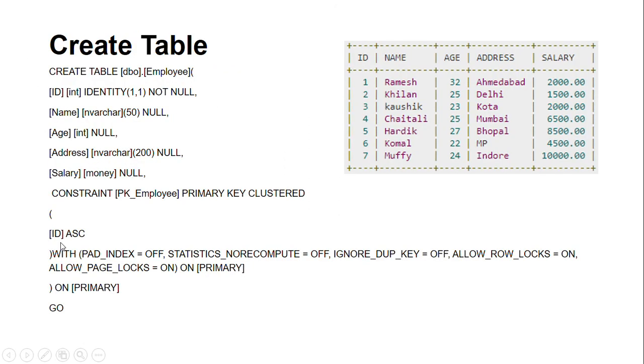Whenever we call this table, the identity, as I told you, this primary key has a constraint: we should not have a duplicate number in this particular column, and it should be self-incrementing with the help of this identity (1,1). So whenever we insert any record in this table, this value auto-increments automatically. This is the statement of constraints which we apply on this table. So we can see it's a DDL and the constraints we have applied.